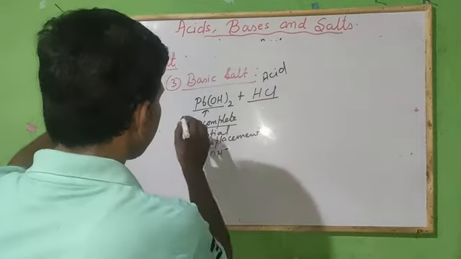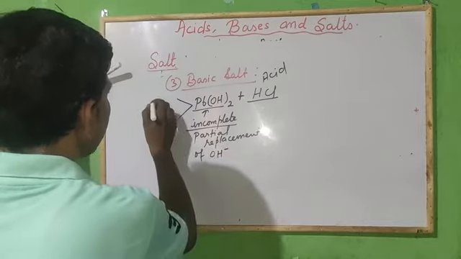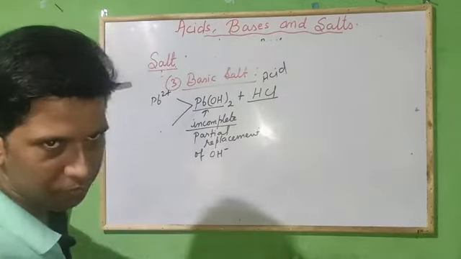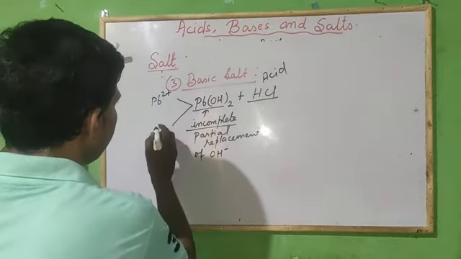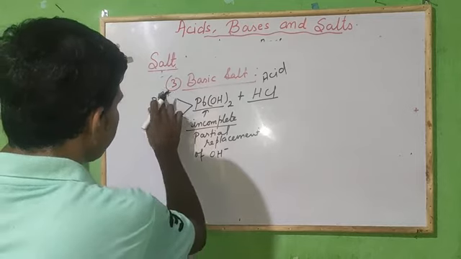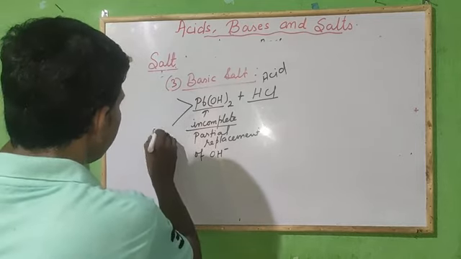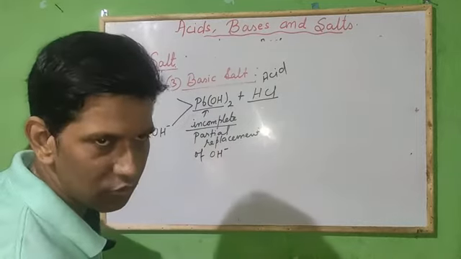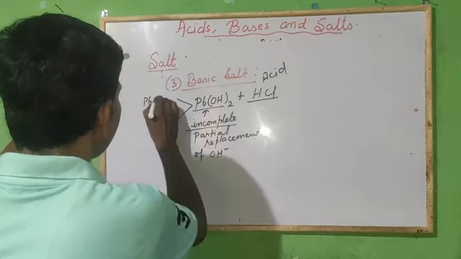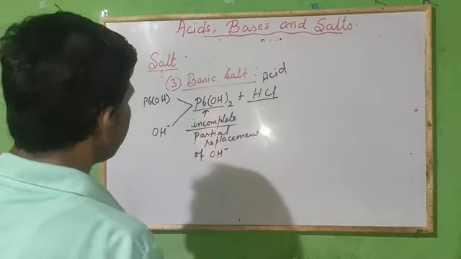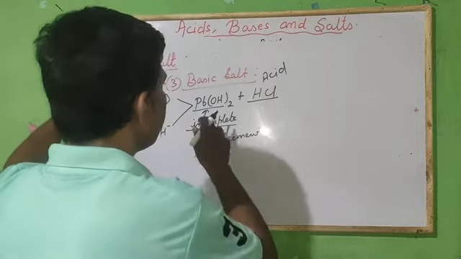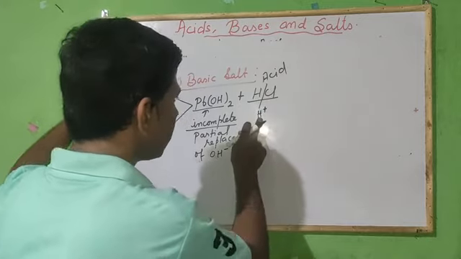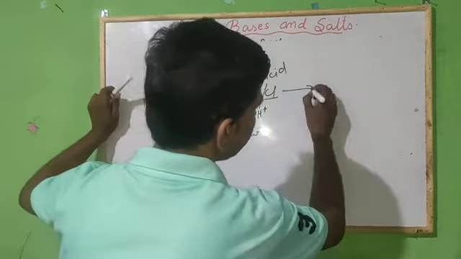So what it is doing, just in this way, it is forming an ion. You can see Pb2+ ion formation will be there when it comes in contact with water, in aqueous solution. Then it will release in this way. You can understand it will release only one OH. Complete release or replacement of OH does not take place. Clear? And it will form Pb(OH). So after replacement of one OH, here one H plus will be there, so one H plus and one OH will definitely form H2O.